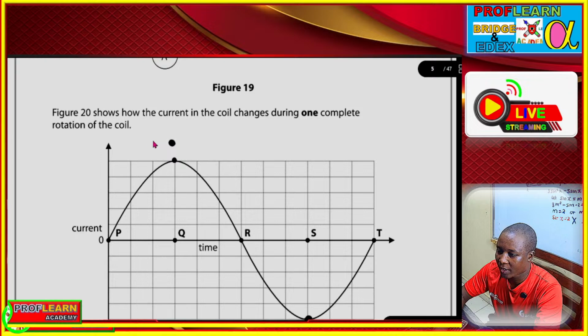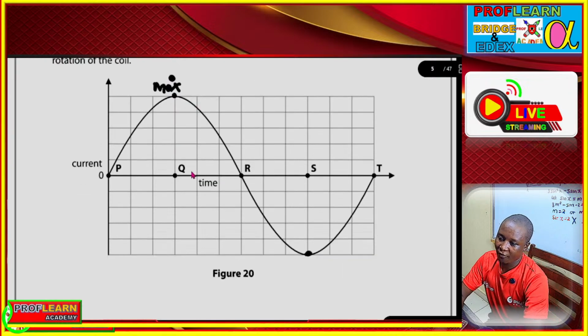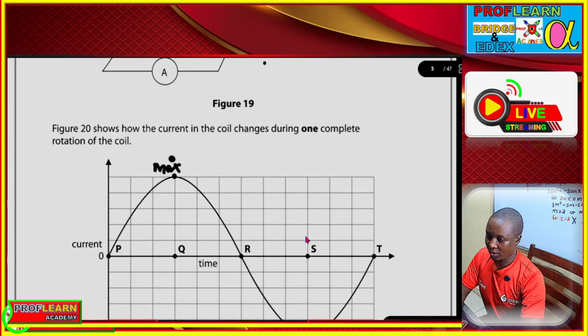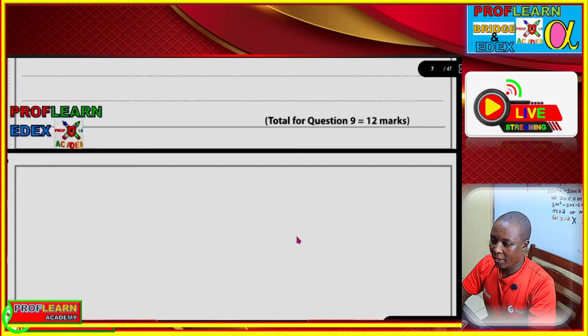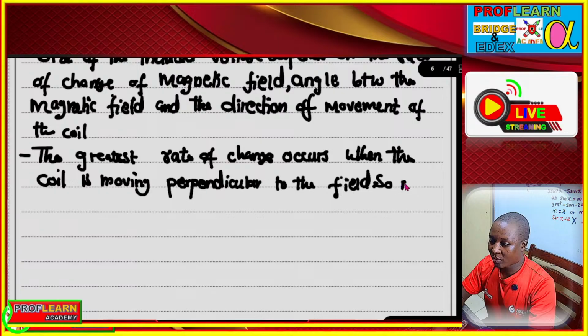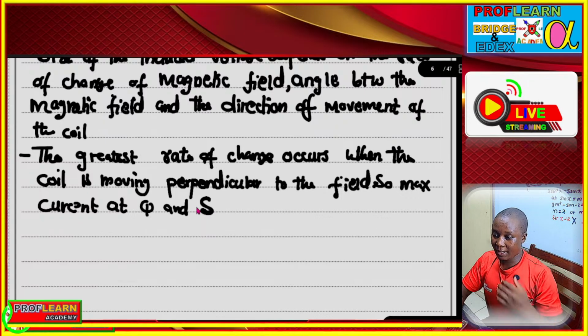At point Q, that is where we are going to have maximum induced EMF, and when the conductor is moving perpendicular to the field, the maximum current is at point Q and S. And when the conductor is moving